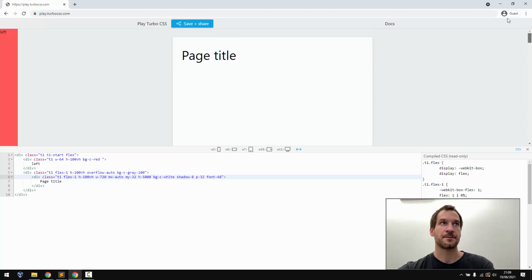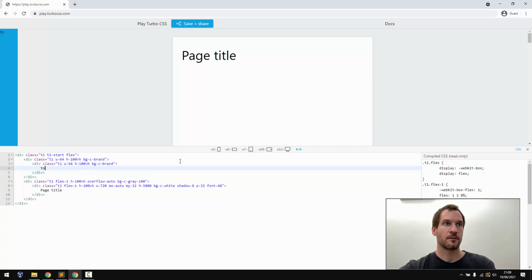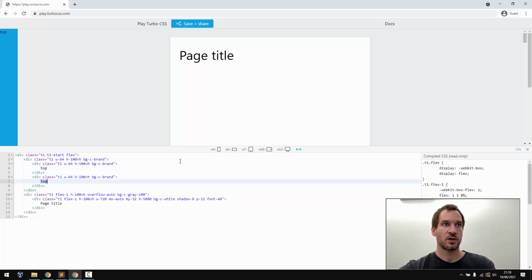That looks decent. Now we can focus on the menu. So let's use a brand background color, and inside this sidebar, we want to have a container at the top and a container at the bottom for the user avatar. So let's add these two columns. So we have the top one and the bottom one,